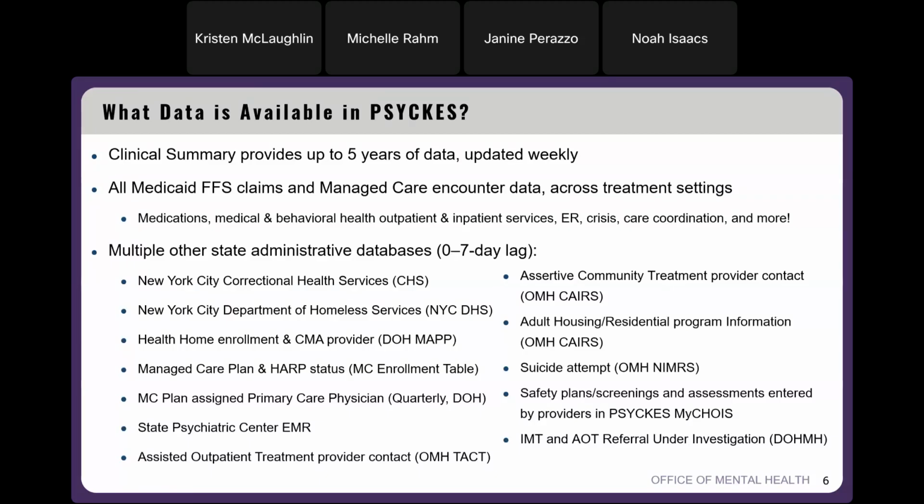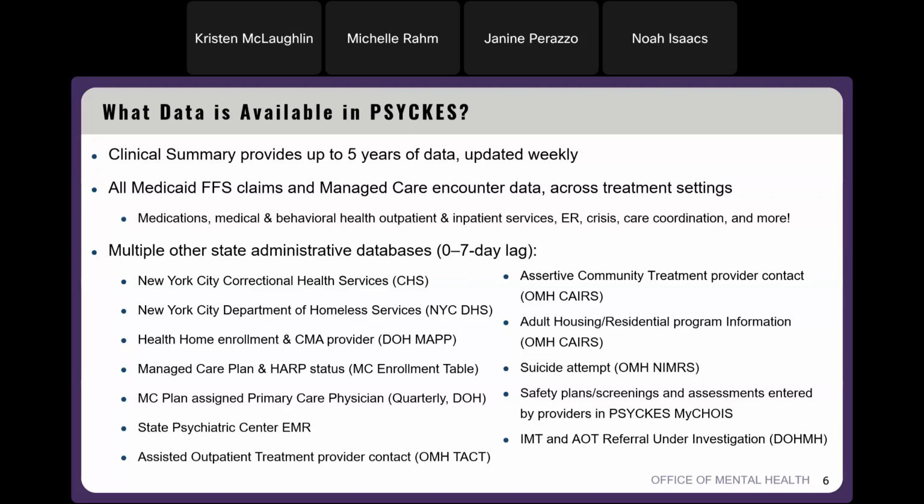Now, the client information that we're getting is coming from two different types of data sources, or data buckets, as we like to refer to them. Our largest data bucket is the billing data, which is the Medicaid fee-for-service claim and managed care encounter data. Just to make a quick note about the Medicaid data, it's important to understand the different aspects of our data sources. So it really first depends on where it's coming from.